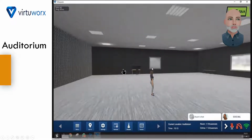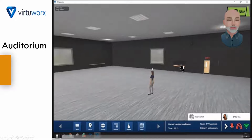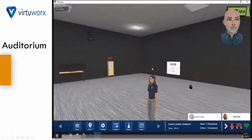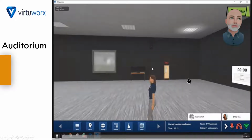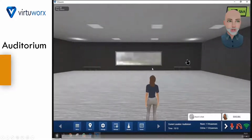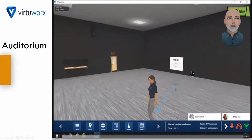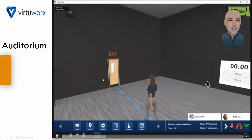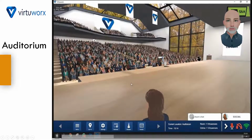land here. Now, we've landed here in the auditorium because we happen to be a speaker. And this is kind of the speaker's prep area. So this is like the green room. It gets referred to that, not green at all, but this is an area where as a speaker for an event, you can come in here, kind of get your thoughts together. You don't have the noise or the presence of any other individuals. You kind of have this timer on the wall that if you want to run through your speech, you can do that. And then when you're ready or it's time, you walk out the exit door and you arrive here